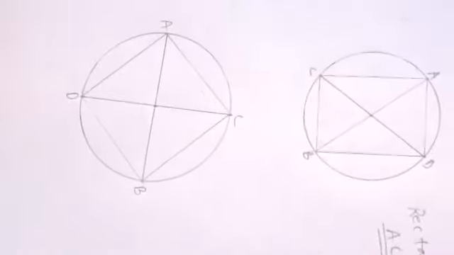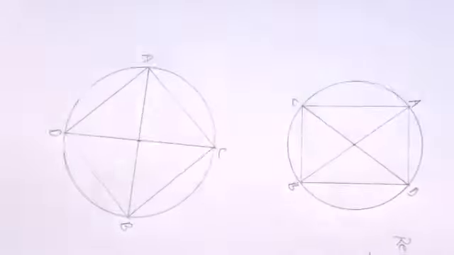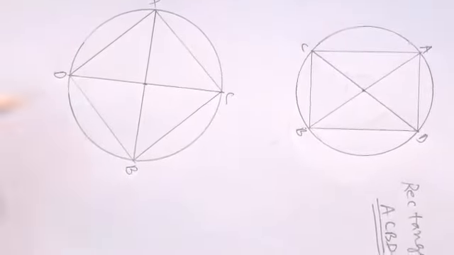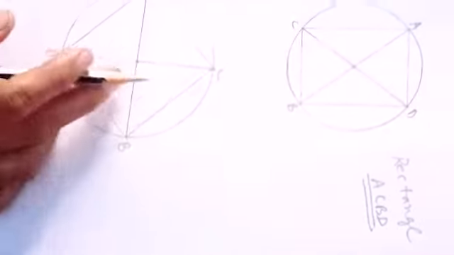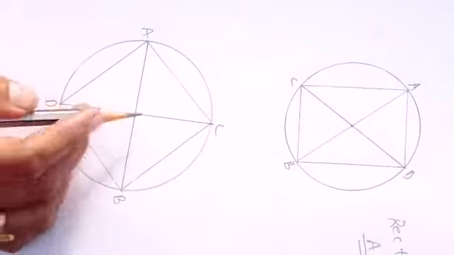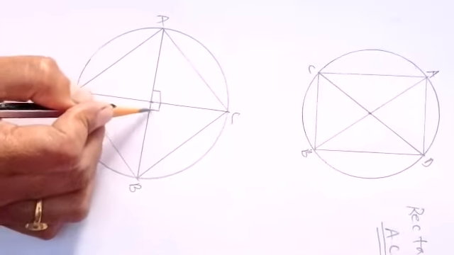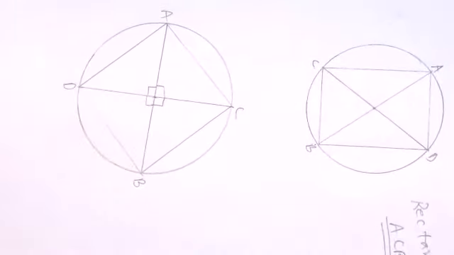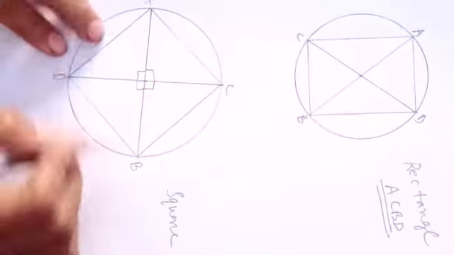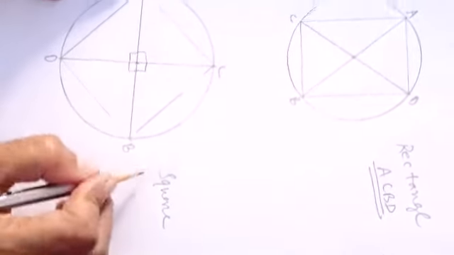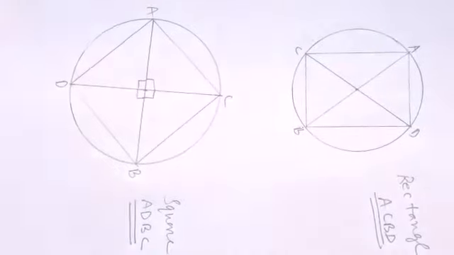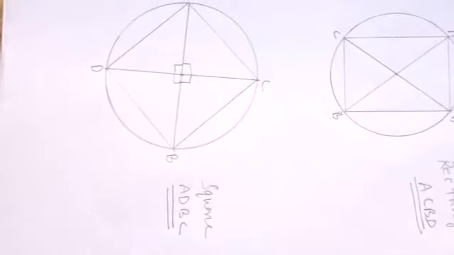If I put two diameters which are perpendicular to each other, you might have noticed that these two diameters bisect each other at a right angle, because it was asked to draw perpendicular diameters. So here I have got a square, and the name of the square, if I start from here, I can write ADBC. This is the square we have got here. Okay, so let's come to question number 5.